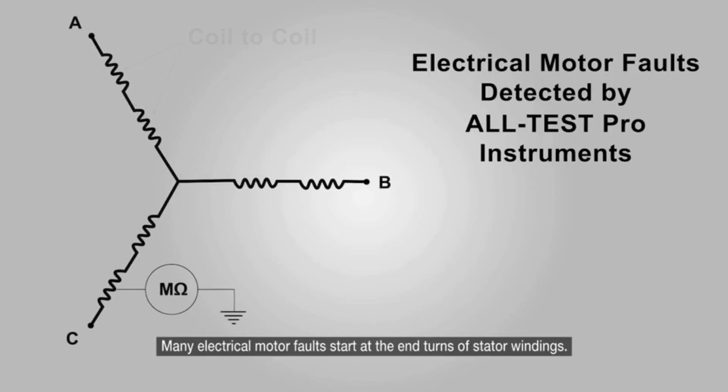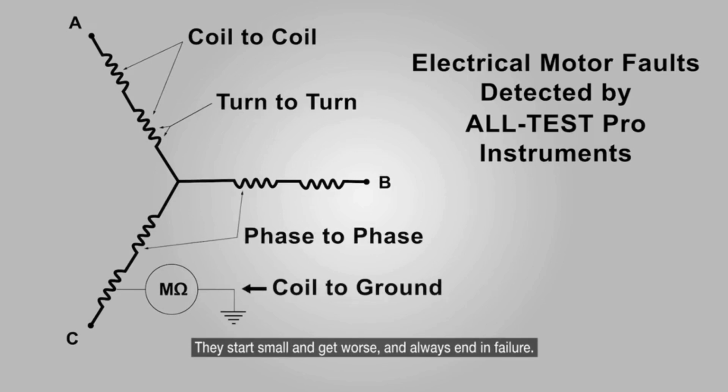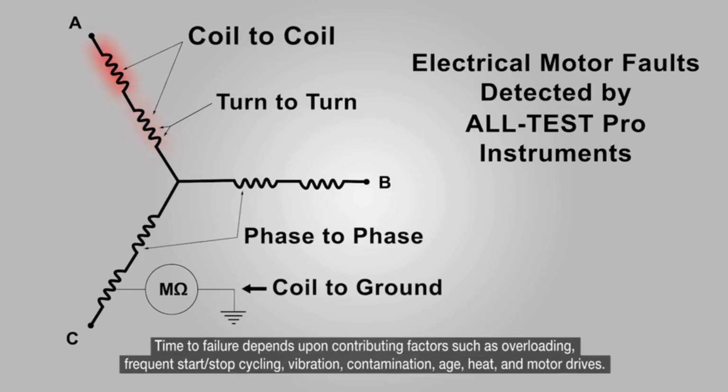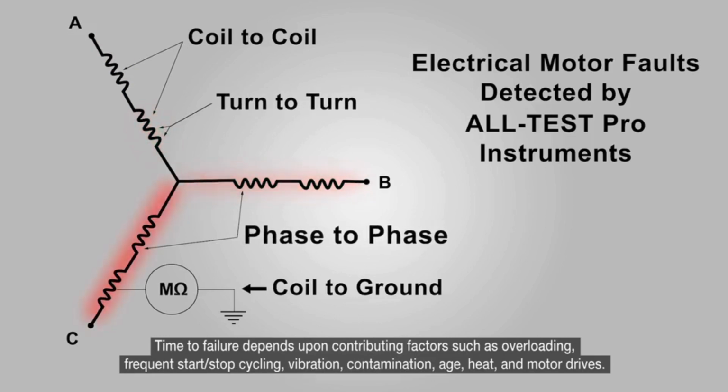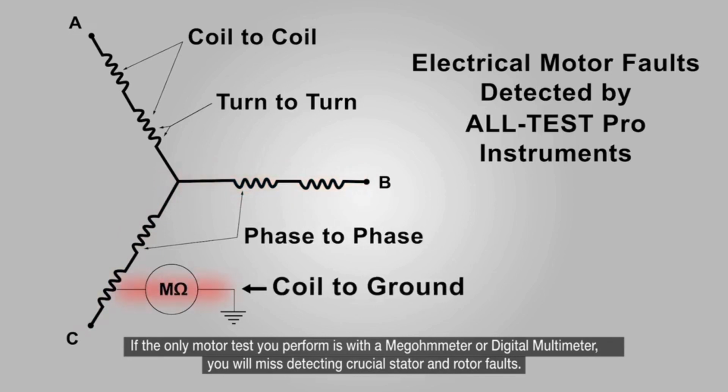Many electrical motor faults start at the end turns of stator windings. They start small and get worse, and always end in failure. Time to failure depends upon contributing factors such as overloading, frequent start-stop cycling, vibration, contamination, age, heat, and motor drives. If the only motor test you perform is with a megohmmeter or digital multimeter, you will miss detecting crucial stator